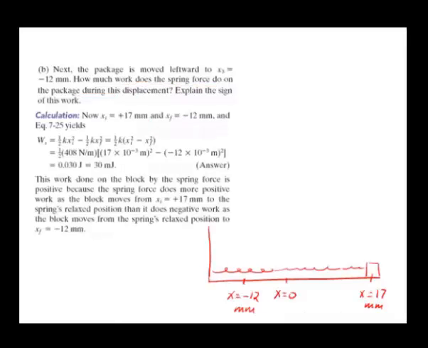Well, we're going to use the same formula. Let's try that again. The work done by the spring is going to be equal to 1/2 K times the cross-sectional area, which depends on how you slice it, times x sub i squared, minus 1/2 K times x sub f squared. So in this case, we're going to get a rectangle. The initial position this time is 17 millimeters, and the two sides of this rectangle are the length of the cylinder, 17 times 10 to the minus 3 meters,